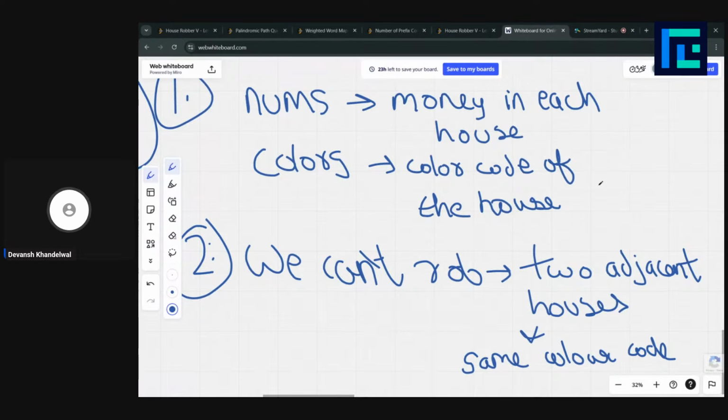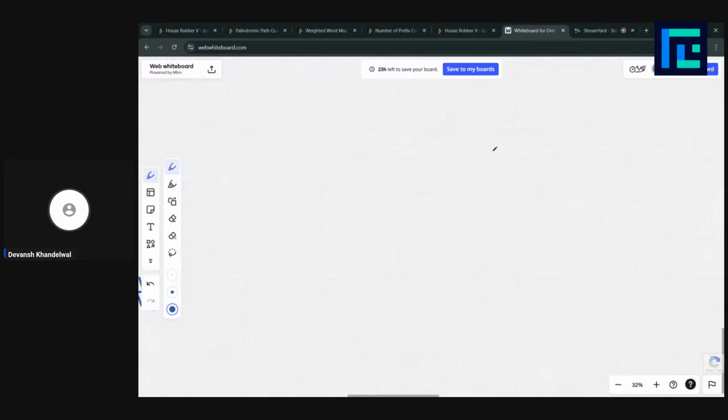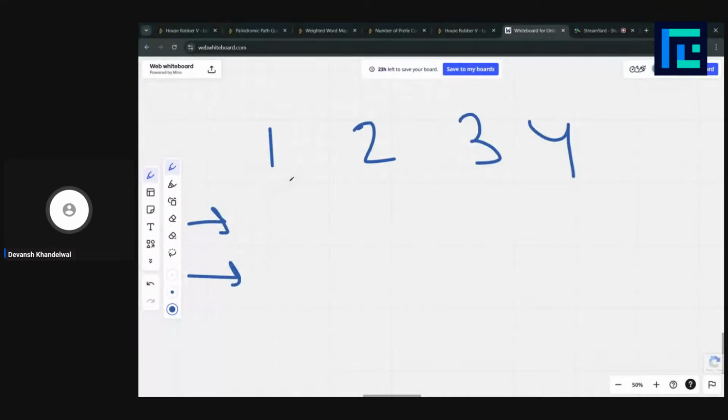So first, let's understand the problem. Let's say we are given four houses: one, two, three, four. Each house has two things. Each house has some money in it. Let's say this house has money four, this has three, this has two, this has one.